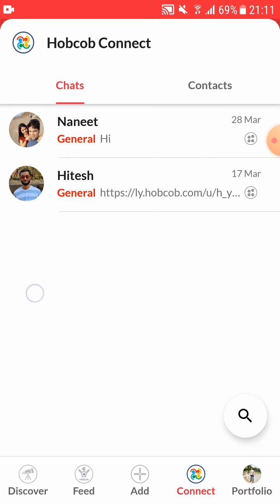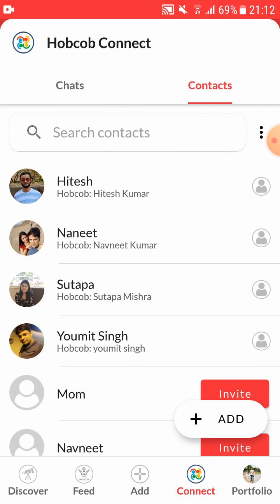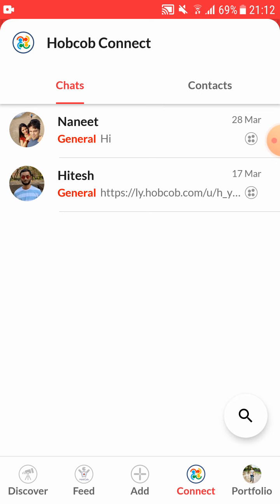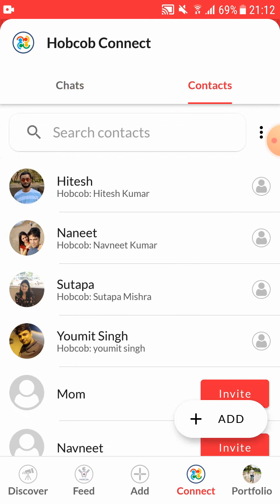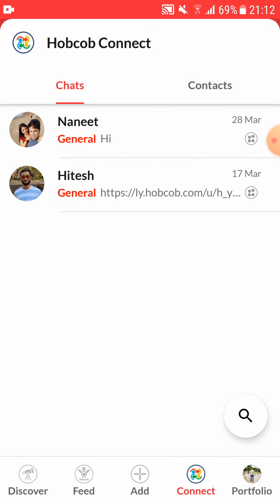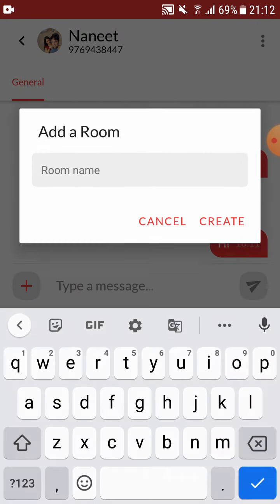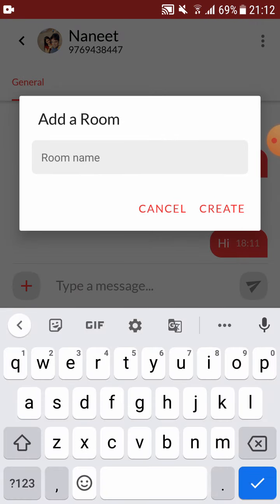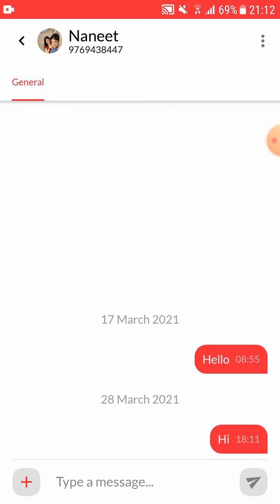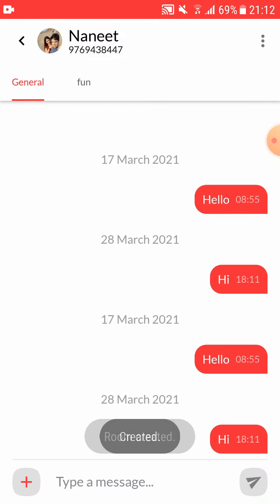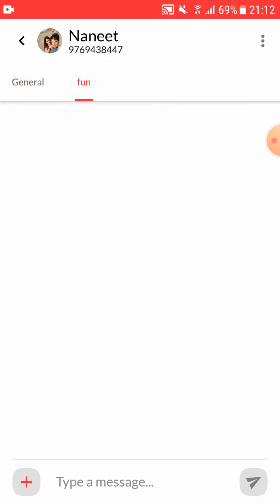Okay, so I just come out from the DAC. In the connect option you can chat, connect with your contacts, and also share any content in the chat option. The good thing in the chat option is that you can create a room here, for example fun, so that it is differentiated from your general chats.